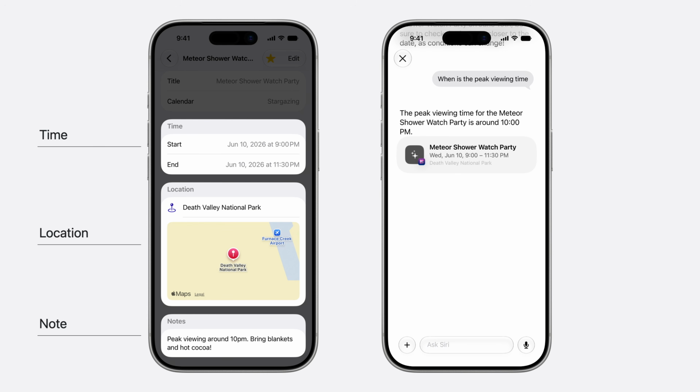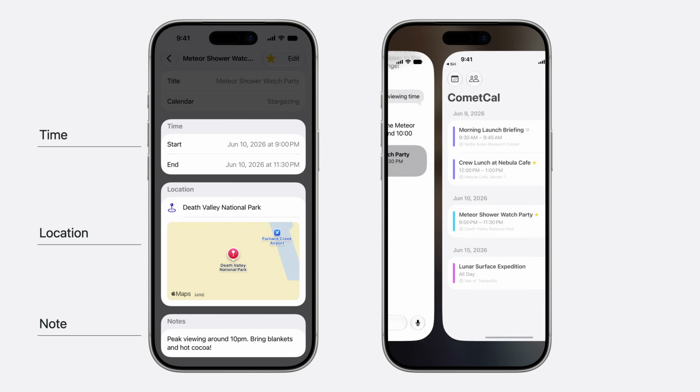I can also tap on the result to take me to CometCal. Siri answers every question using the app's content. No need for custom natural language, just entities and schemas. Now, you may have noticed that tapping the event from my conversation with Siri opens CometCal, but it just lands